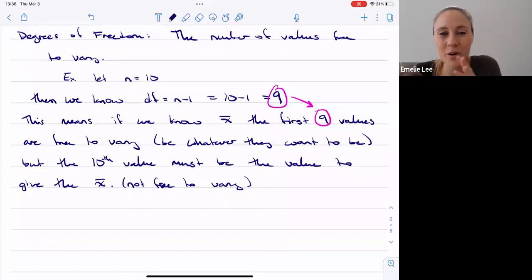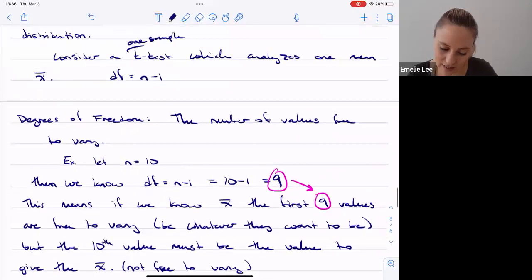So the number of rows, right, if I know R minus 1 of the rows, and I know the total, then I can adjust that last one and I can figure it out. So then I have R minus 1 degrees of freedom in the rows and C minus 1 in the columns. And it's the same idea. It's basically how many things can I let change before I have to have them fixed in order to achieve what I want, a total that I want or an average that I want or something like that.